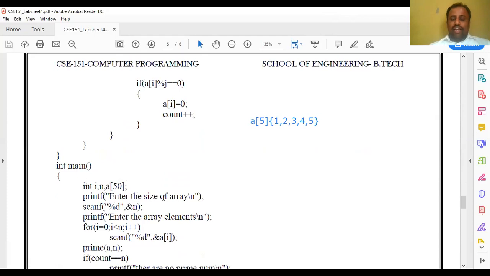I need to specify how many elements I need to enter. So here I want to read scanf of n value. Maybe I entered 5 elements, so the n value is 5. I want to feed in the 5 elements, so for that reason, enter the array elements. I require a for loop: for i is equal to 0, i is less than n, i plus plus, scanf